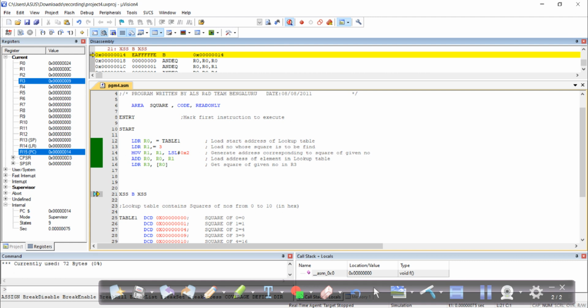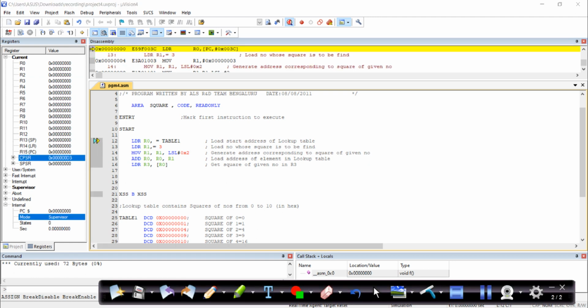So internally, let's go again. I'll just stop here. Firstly, your R0 value got some address of the lookup table. Next, R1 has got the value 3.